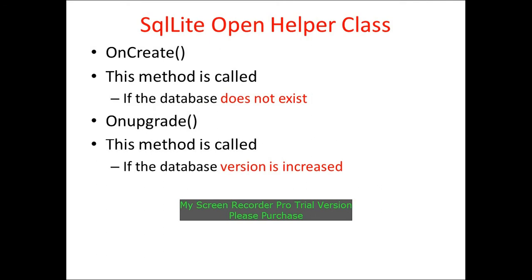You also have on upgrade. Now this method is called when you already have a database and you wanted to upgrade or you wanted to change something into a database. So this time you also pass two parameters, database name as well as the version name. So this time you can pass on the version name as suppose 2. So what it will do, it will just upgrade, it will modify the database, it will not recreate the database.